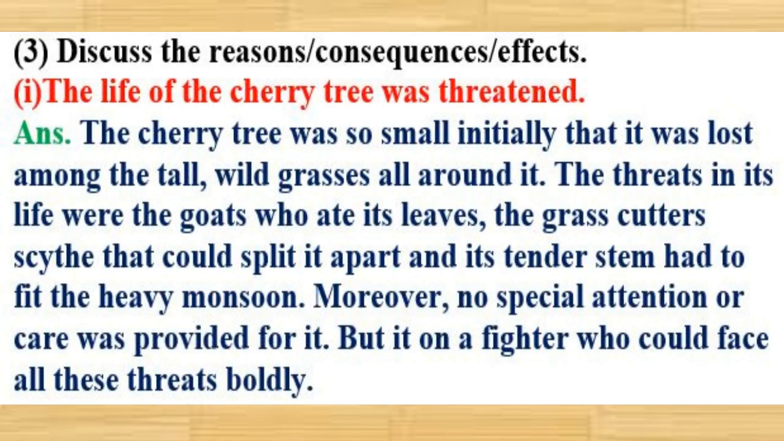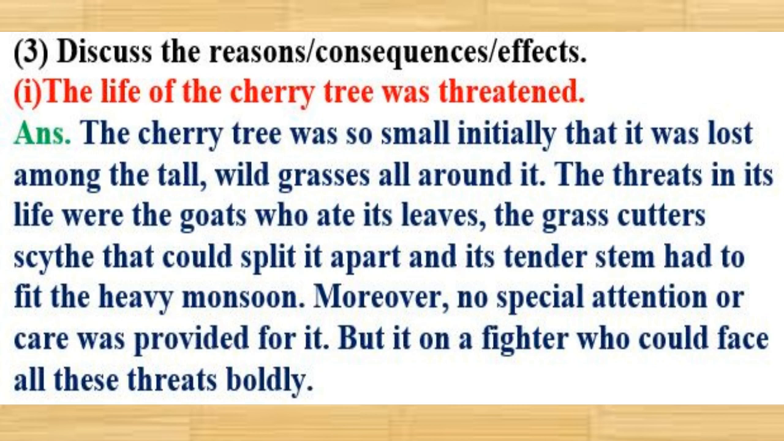Next activity. Discuss the reasons or consequences or effects. Number 1. The life of the cherry tree was threatened. Answer. The cherry tree was so small initially that it was lost among the tall wild grasses all around it. The threats in its life were the goats who ate its leaves, the grass cutter's scythe that could split it apart, and its tender stem had to fight the heavy monsoon. Moreover, no special attention or care was provided for it,